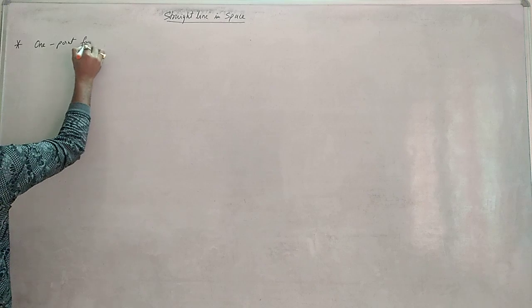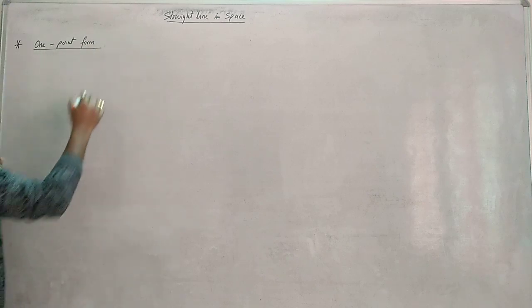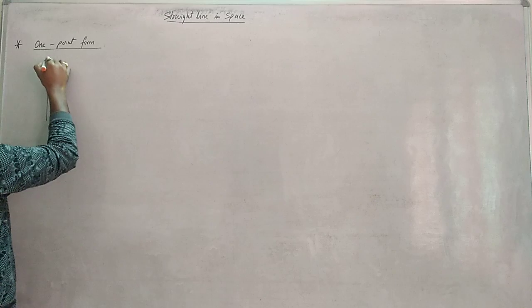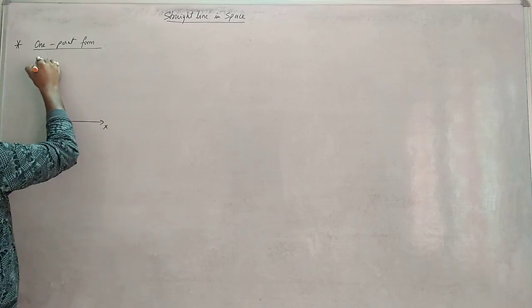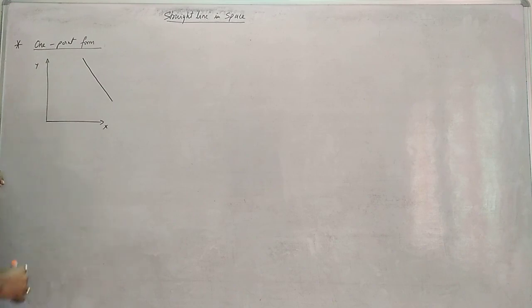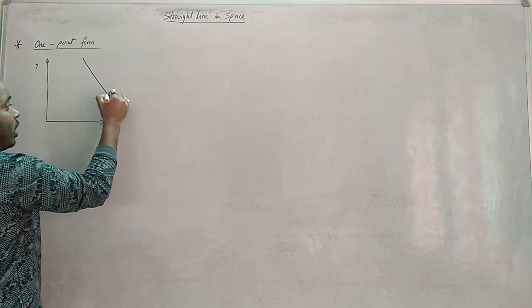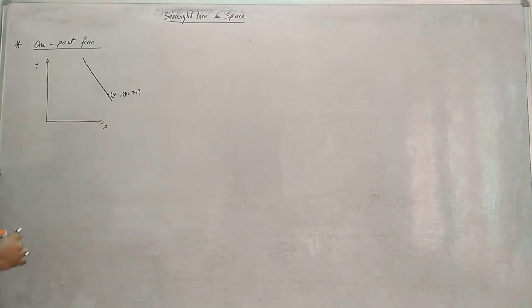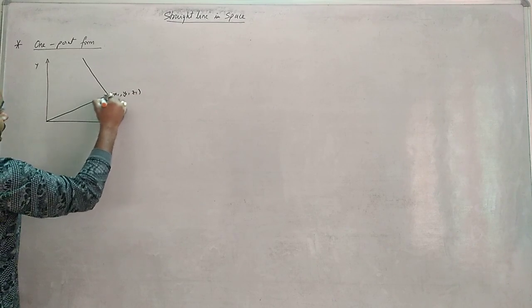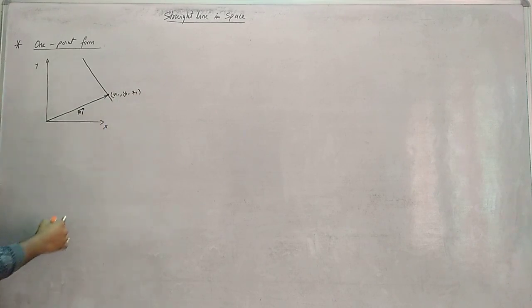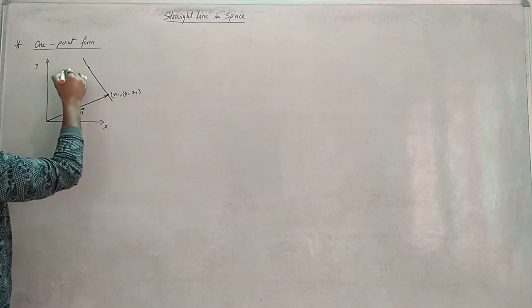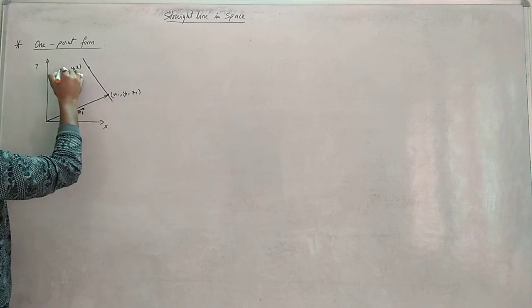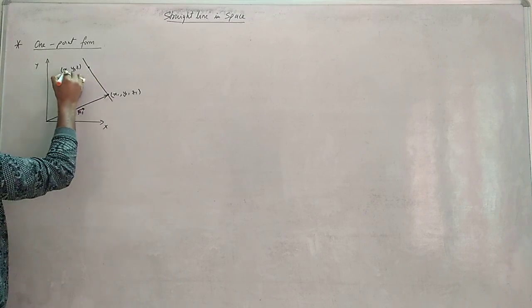The first point is one-point form. Okay, the one-point form मतलब क्या? You need to find the equation of a line. For example, this is x-axis and this is y-axis, and this is the line whose equation you need. On this line, one point you already know: x1, y1, z1. This point you already know, and the position vector of that point is r1 vector, for example. And any arbitrary point on the line x, y, z, whose value I don't know,